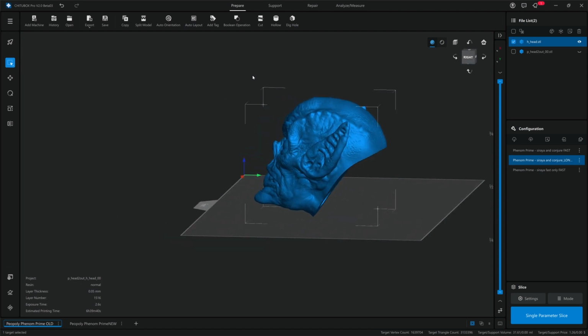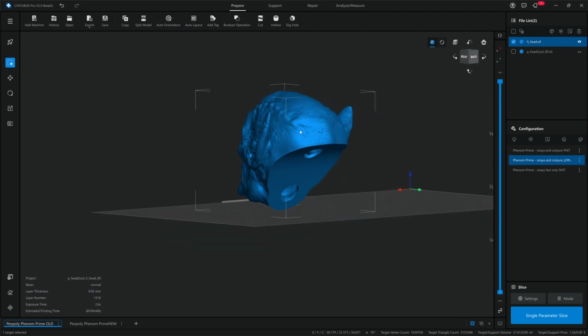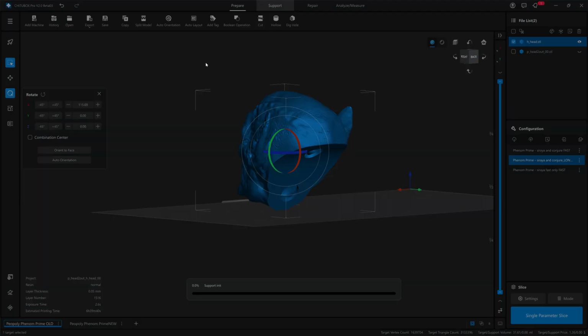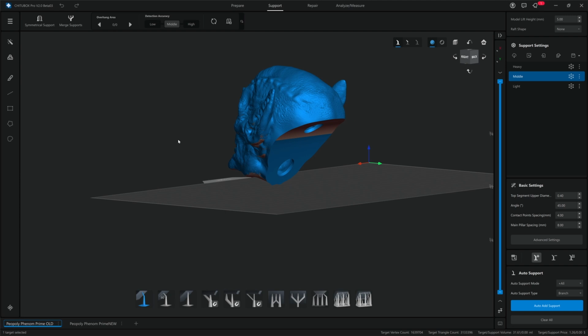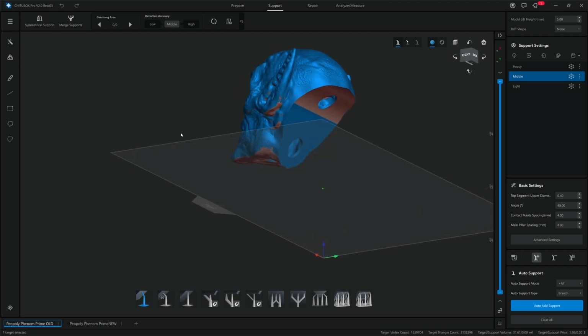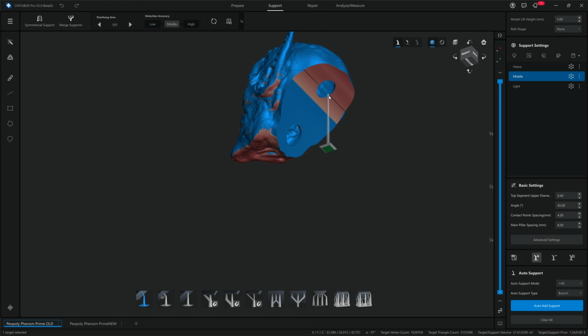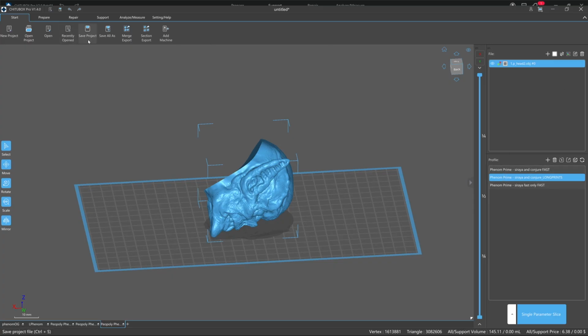And let's have a look at supports. Pretty fast, okay. That's good. Still looks quite similar as to before. So if I bring up auto supports,